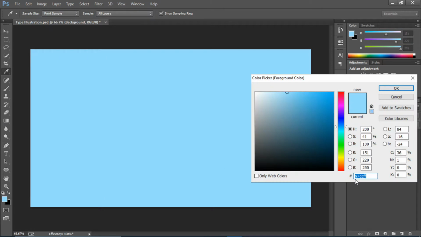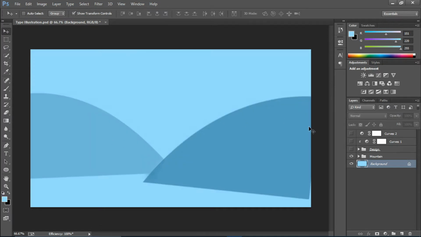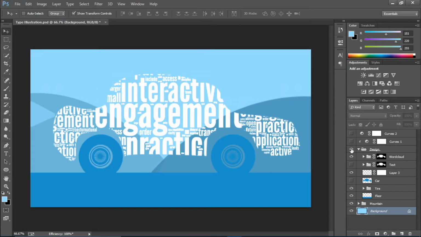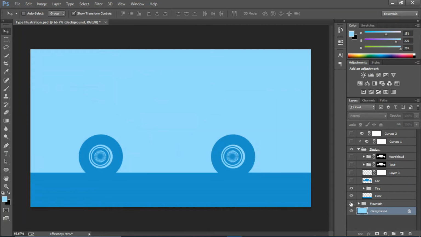color code. So this is the color code, and then I have created this mountain kind of thing, and as soon as I just turn on my design, so this is the floor layer. Okay, and if I just turn off the typography, and let me just turn off the mountains. Okay, so I've already created the tires, and the thing you need to have for this kind of an effect